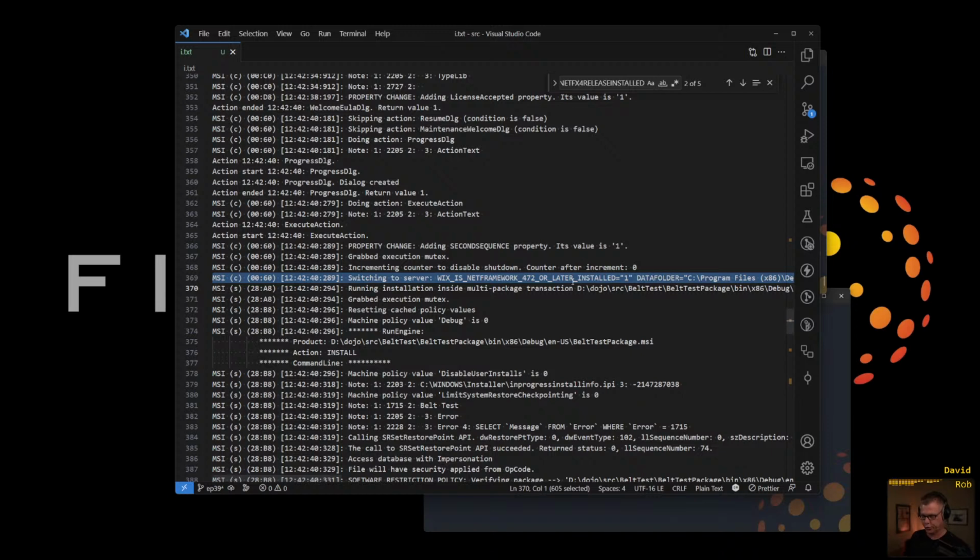Okay, this is what I want to show you. All right, so remember I talked about the UI coming up with no elevation prompt. It runs as a normal user. It runs as me. It does not have permissions to modify the machine. You cannot touch protected locations in your UI. This is all by design. The Windows installer wants to bring up the UI very quickly, have you go through your experience, and then when you push the button to install, it will do the UI elevation prompt, and then it will do all the work to actually modify the machine over in that elevated part. Okay, I haven't lost you, right?